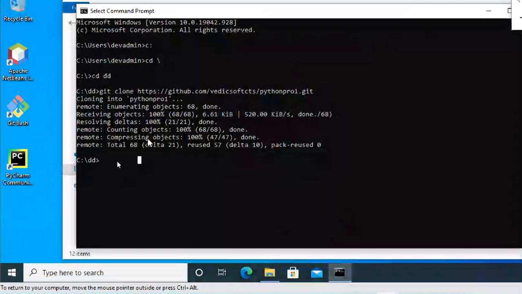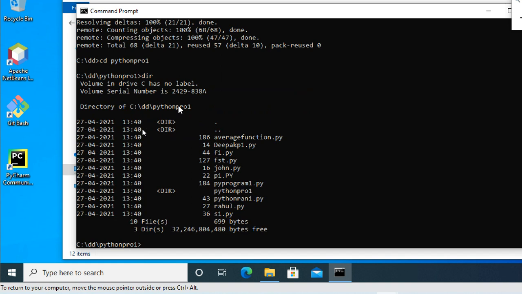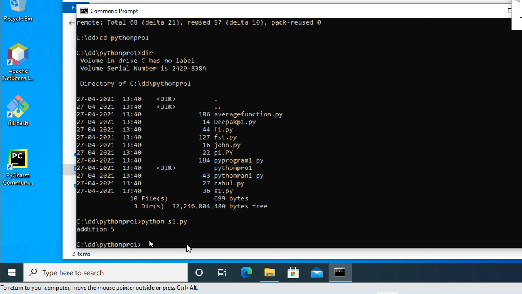So I'm in dd, so cd into it. Now you can see the .py files with dir. These are all the files there. So type one by one. Python, first I will go from the bottom, s1.py.